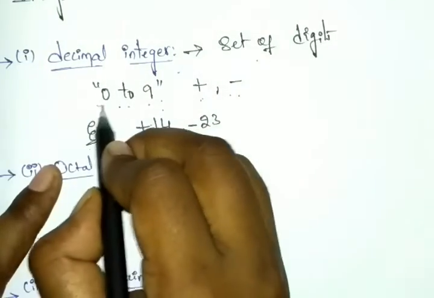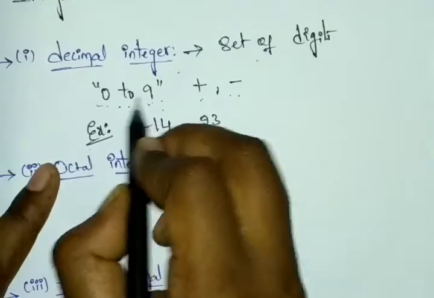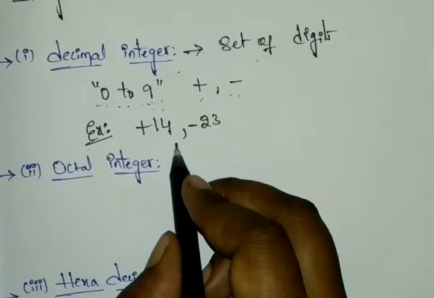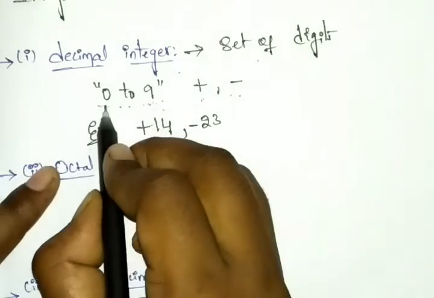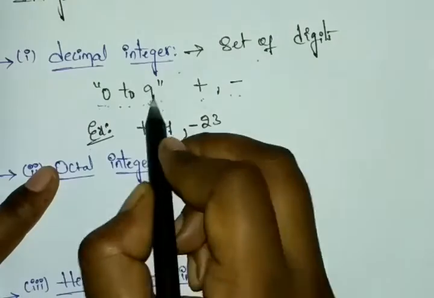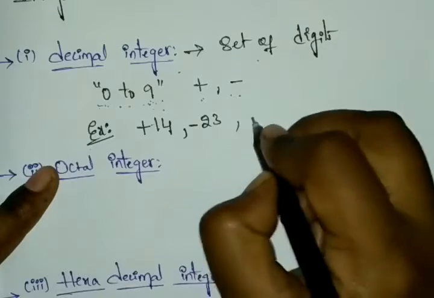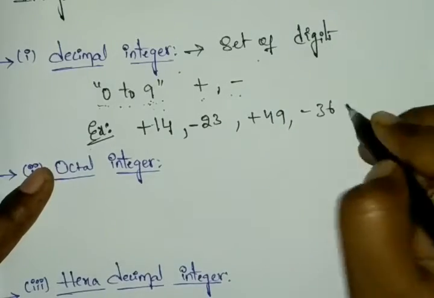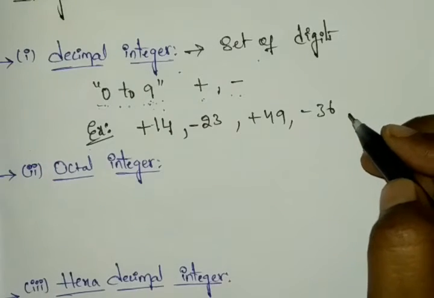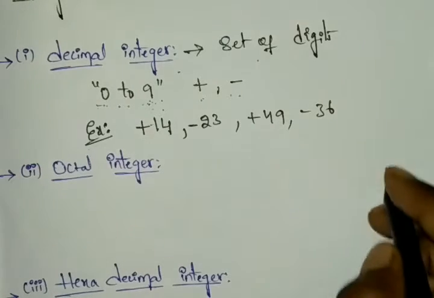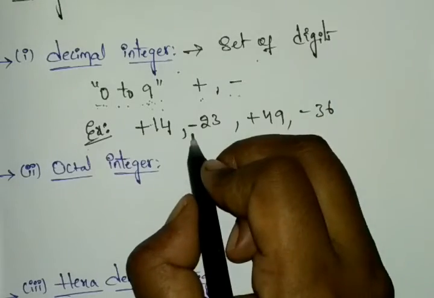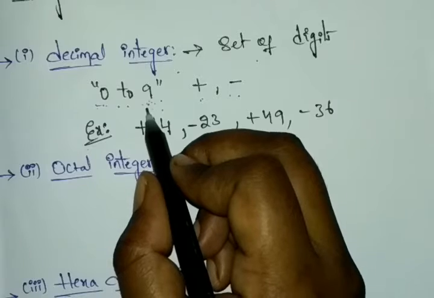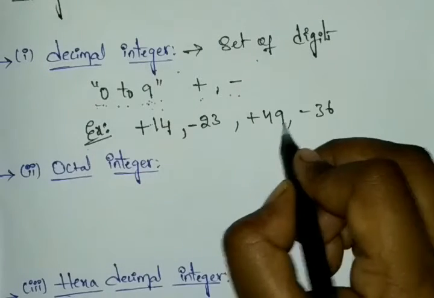Okay, in between 0 to 9 only I am giving, like you can give 40, 50, like that. So just mention with 0 to 9 only. At last we can take, suppose, 49 also, and minus 36 also, anything. You can start with any number and end with any number, but it accepts the sign values with the form of 0 to 9 numbers. You can include up to 9 numbers. Here I gave the 9 number.